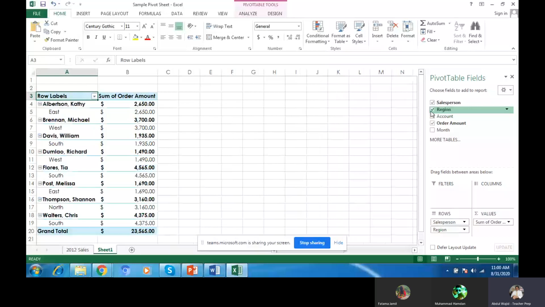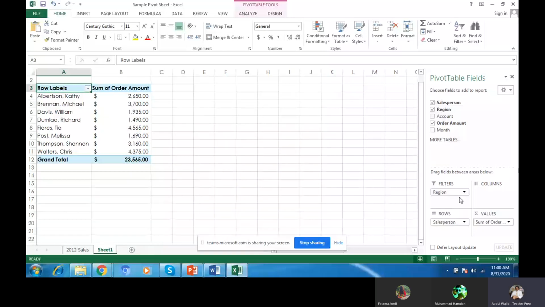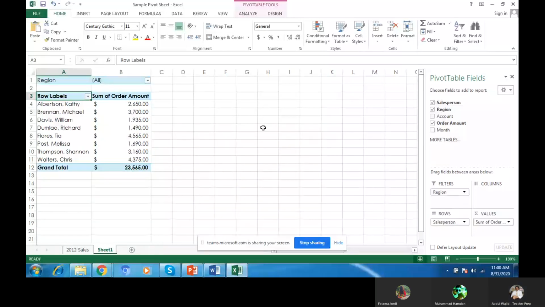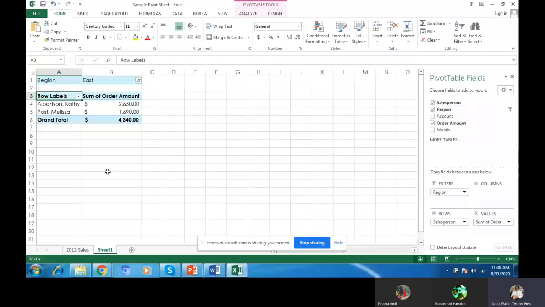Now you will see the total will be there, right? If you change the region in the filter, it will be just like that, and the region will be there. East, you can click here, then it will go just like that. Okay, all.